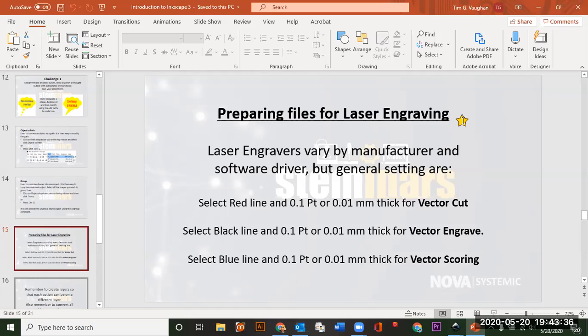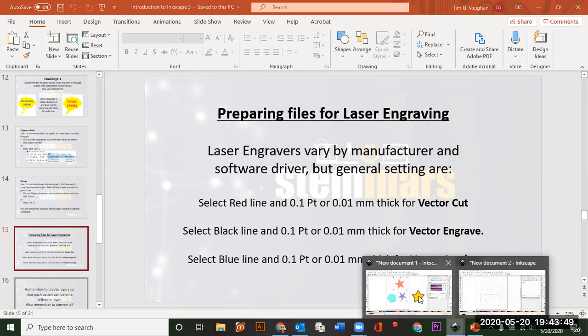One layer for vector engrave, and the other one for scoring. Now, most of the others don't use the scoring one. I like it, and I'll explain why in a minute. The vector cut has to be red. So when you draw an object here,